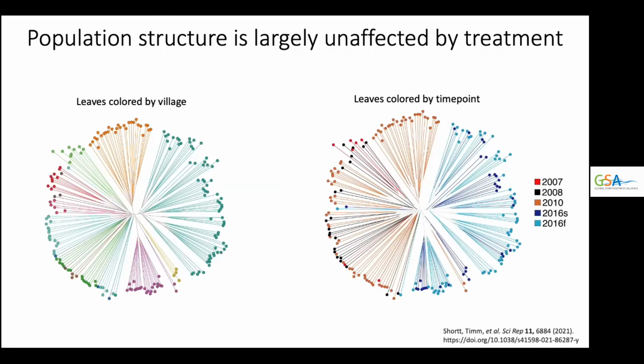We also built a neighbor joining tree using allele sharing distance between each pair of Myricedia. In the tree on the left, leaves are Myricedia colored by the village of collection, and you can see that villages tend to cluster together. This is an indication that variation between the villages is greater than the variation within the villages. The same neighbor joining tree is shown on the right, but colored by time point, and shows that structure doesn't appear to change much over collection time points, even though schistosomiasis positive individuals were referred for treatment after each collection.